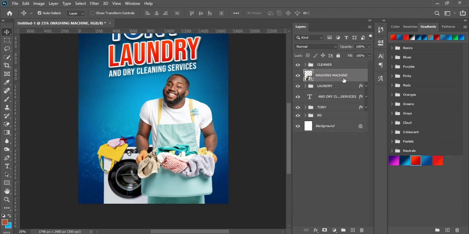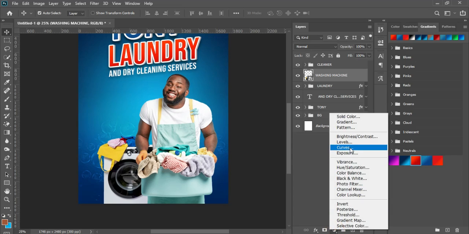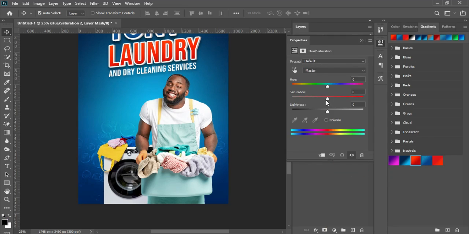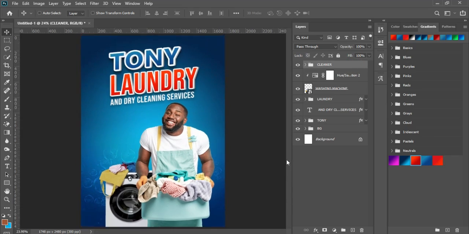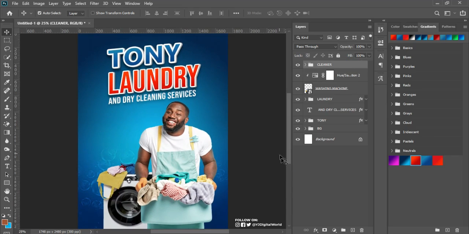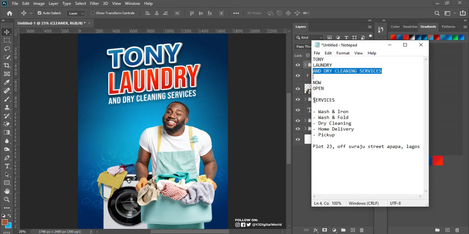Okay, the same thing will be done here. Come to my hues and saturation, clip marks, and adjust the hues slightly. Okay, so this is actually looking good. After doing this, we'll move to the next phase, which has to do with placing the services this brand actually offers. So come to our text layer here,